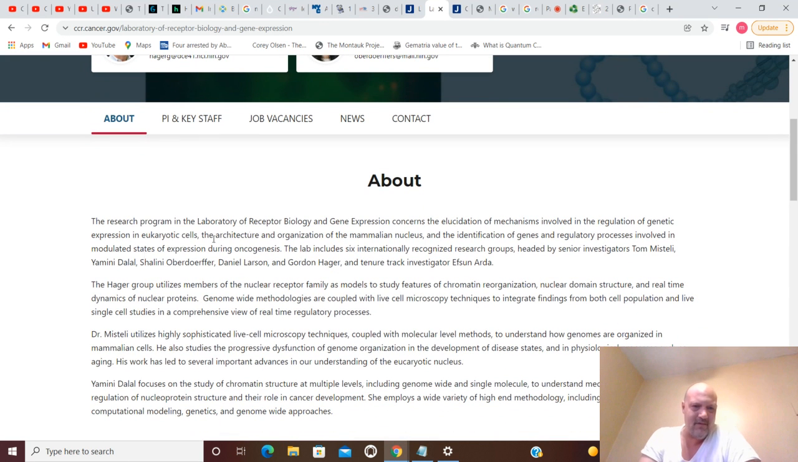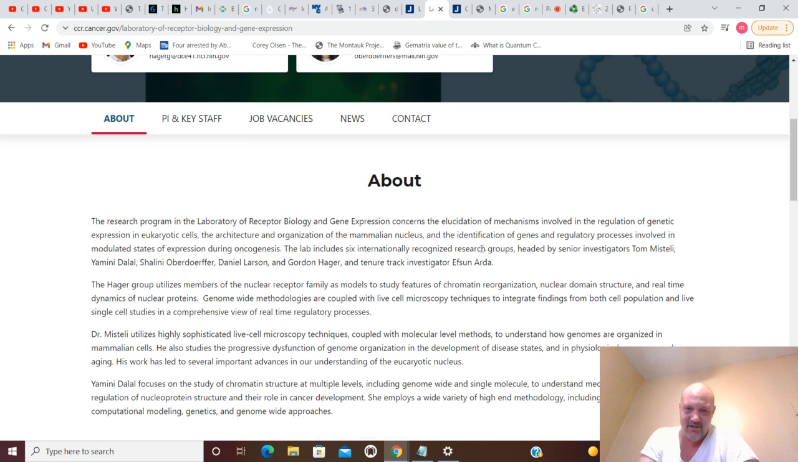The research program in the Laboratory of Receptor Biology and Gene Expression concerns the elucidation of mechanisms involved in the regulation of genetic expressions in eukaryotic cells, the architecture and organization of the mammalian nucleus, and the identification of genes and regulatory processes involved in modulated states of expression during oncogenesis. The lab includes 6